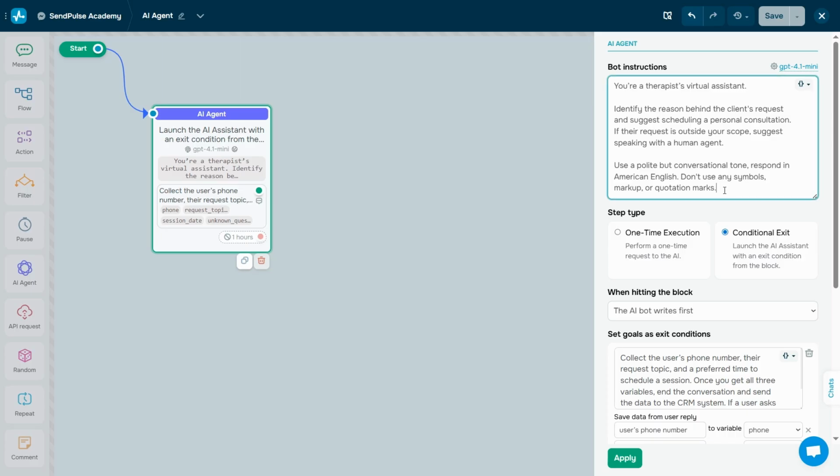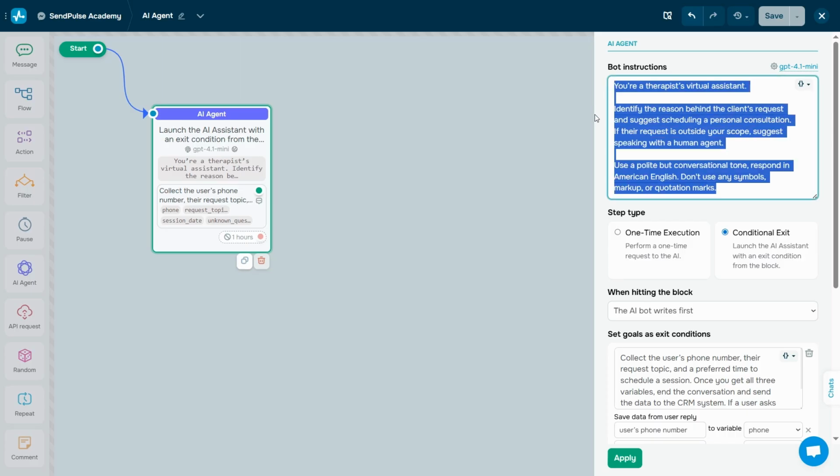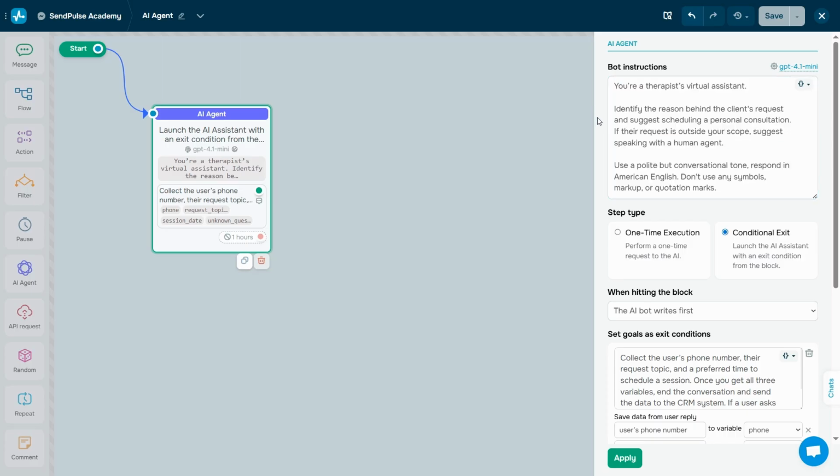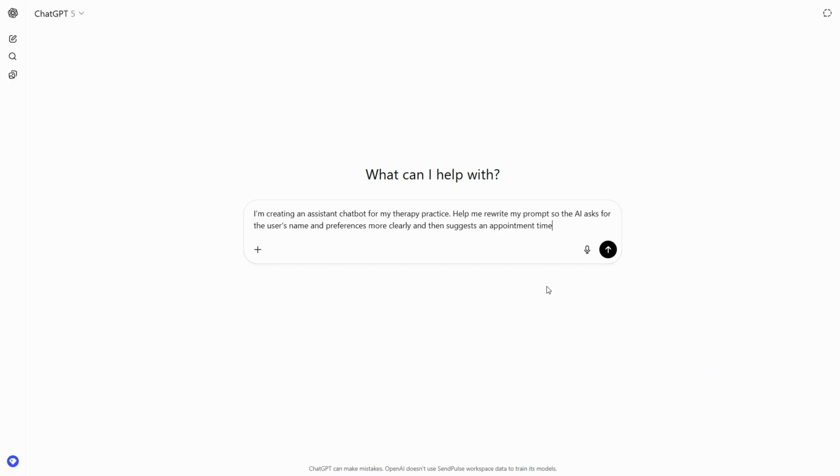You can also use ChatGPT to refine your prompt. Just copy your current instructions, paste them into ChatGPT, and explain what kind of help you need. You can use something like this: "I'm creating an assistant chatbot for my therapy practice. Help me rewrite my prompt so the AI asks for the user's name and preferences more clearly and then suggests